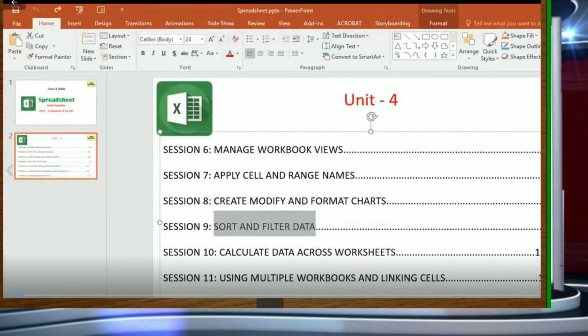Filter, this option helps us to see few records on the screen. Suppose we have a large sheet, we have much content on that screen, and we want to extract some particular data from that file and see it on the screen. So we can extract some particular data as per our requirement, and I can just display it on the screen. So that is called as the sorting and filtering. So let's do it practically.